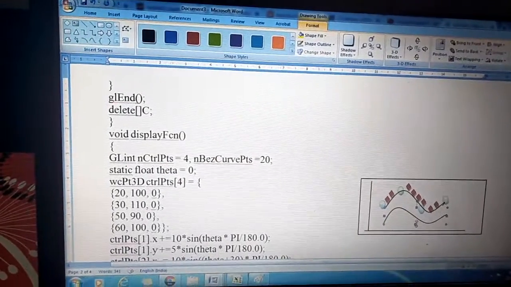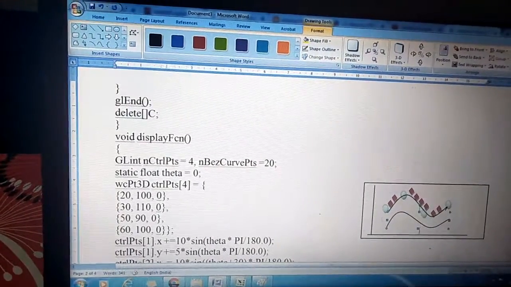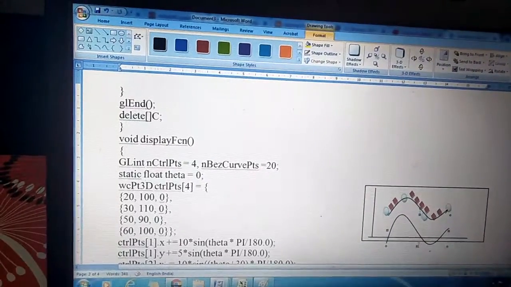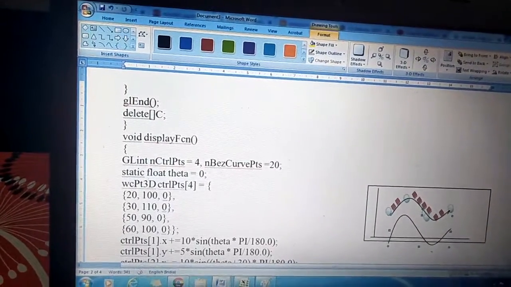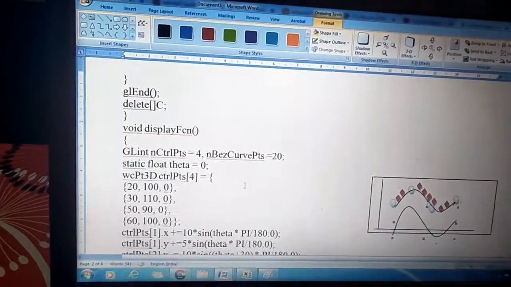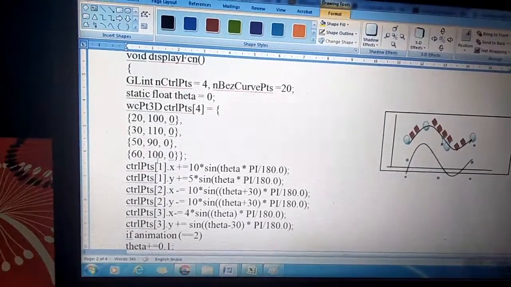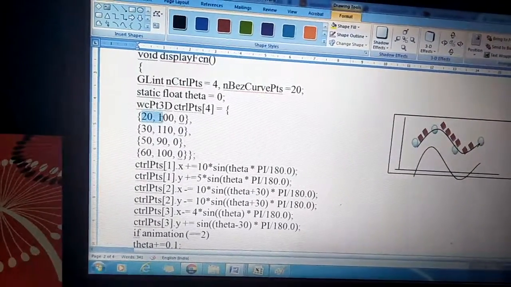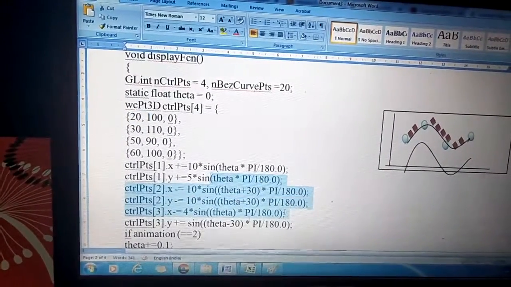I'll just retain the first point, I won't change it. Only the in-between points I'll vary. In that case, I won't be disturbing the control point 0 of x and y, that is 20 and 100. So this is used for animation.